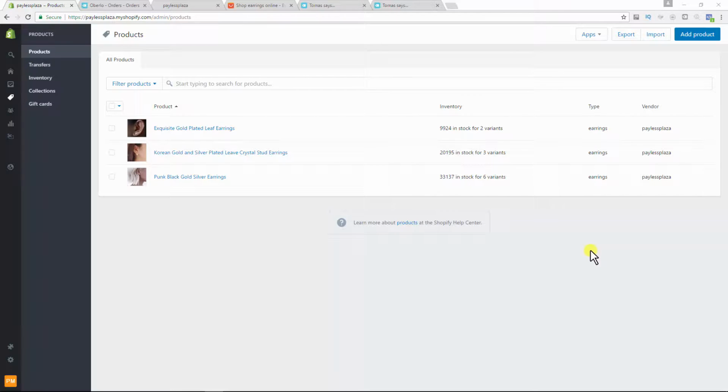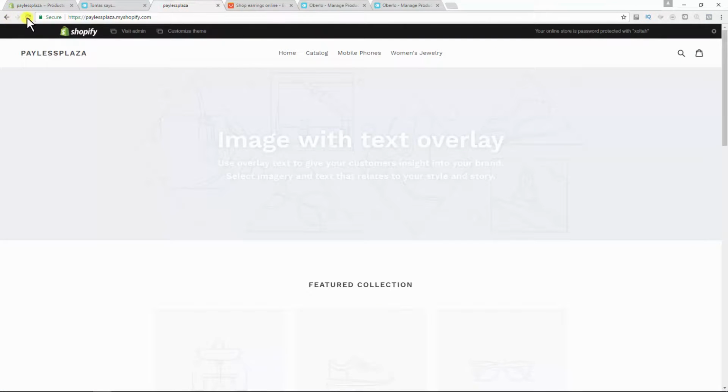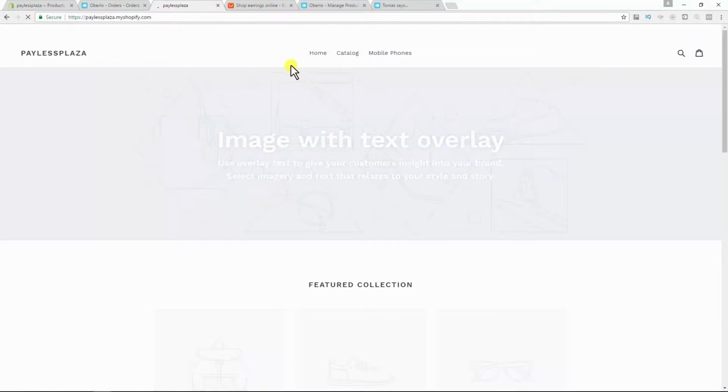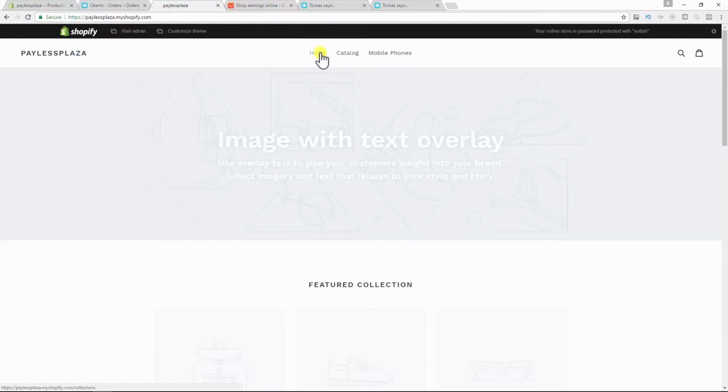So you've seen how easy and fast it is to add products from AliExpress to your Shopify store, but let's start looking a bit closer at the navigation of our actual store. So if we go to Payless Plaza, I'll just refresh this because at the moment at the top we have home, catalogue and mobile phones. We did have women's jewellery up here, but I've just deleted that